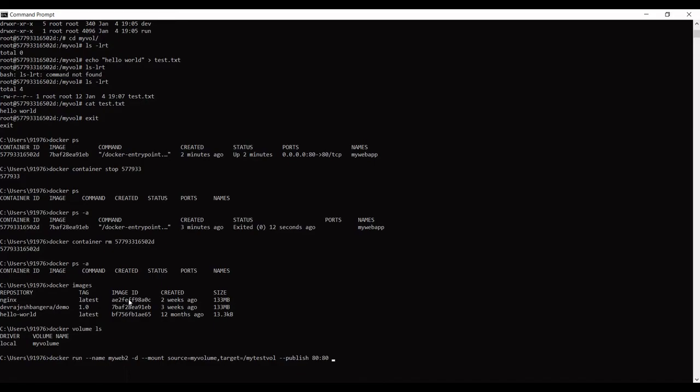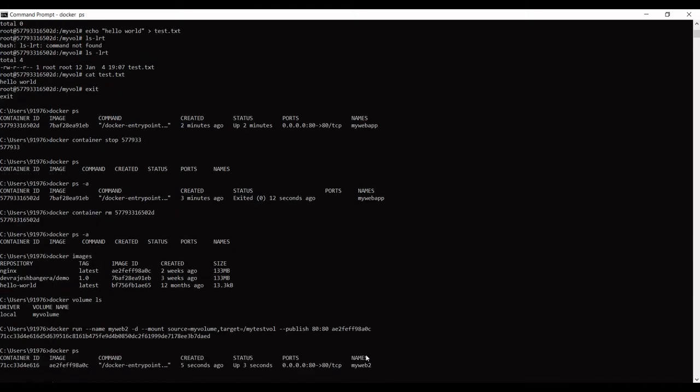In this case I will use this image ID. Last time I used this image ID too, so I will press enter. Okay, so if you see, this Docker container is running.